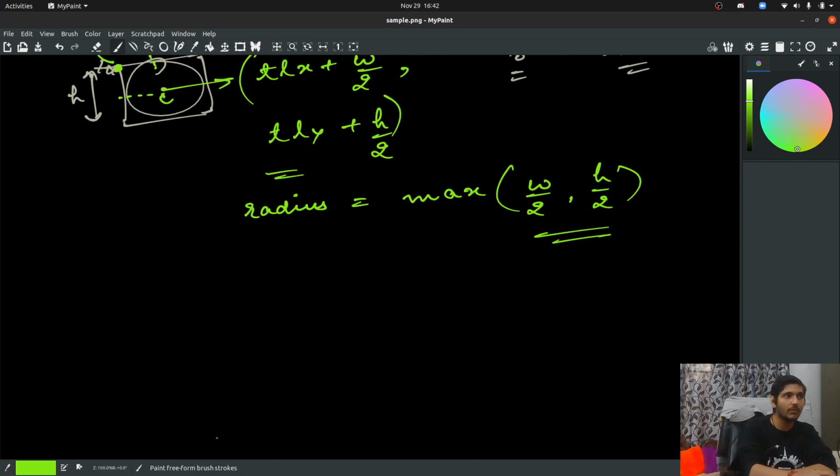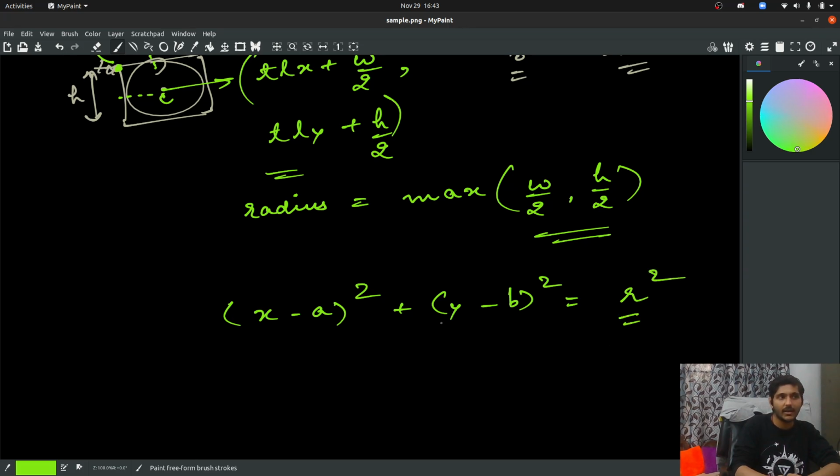And you know the equation of a circle, right? Everybody knows. If you're not sure, then this is the radius. So this will be the equation of the circle. It depends where you're coming from, these values can change, but overall this r is the radius, x and y are the general coordinates, and a and b are the coordinates of the center.